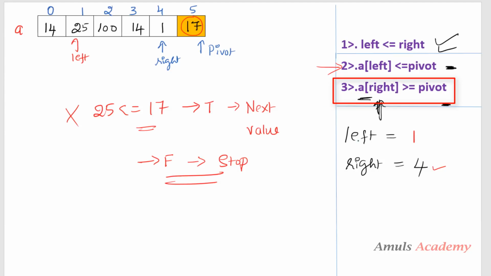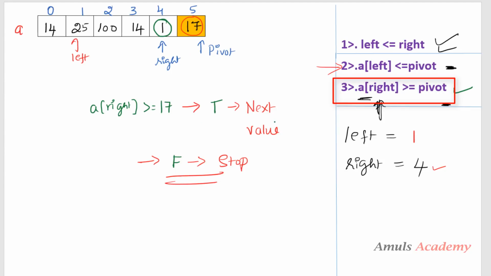Next I'll go to the right condition. The value present in the right index should be greater than or equal to the pivot value. So I'll check whether A of right, the value present in the right index, is greater than or equal to 17. Here we can see the value is 1. So is 1 greater than or equal to 17?